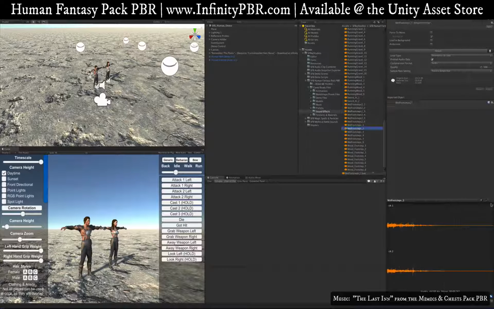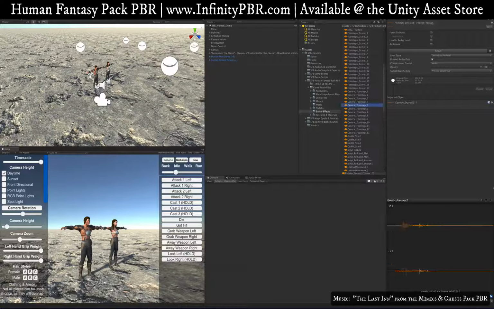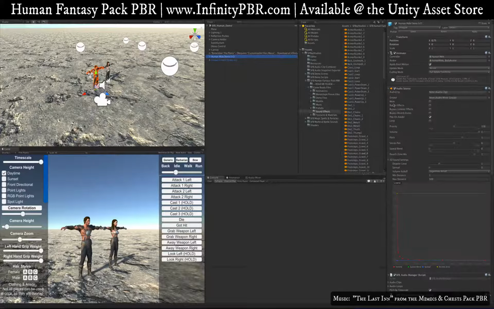right? And then we have some deeper water, wood footsteps, then running and running on gravel. So you get the idea. There's generic footsteps and footsteps on gravel. So there's a lot going on here, and you can use them with the audio